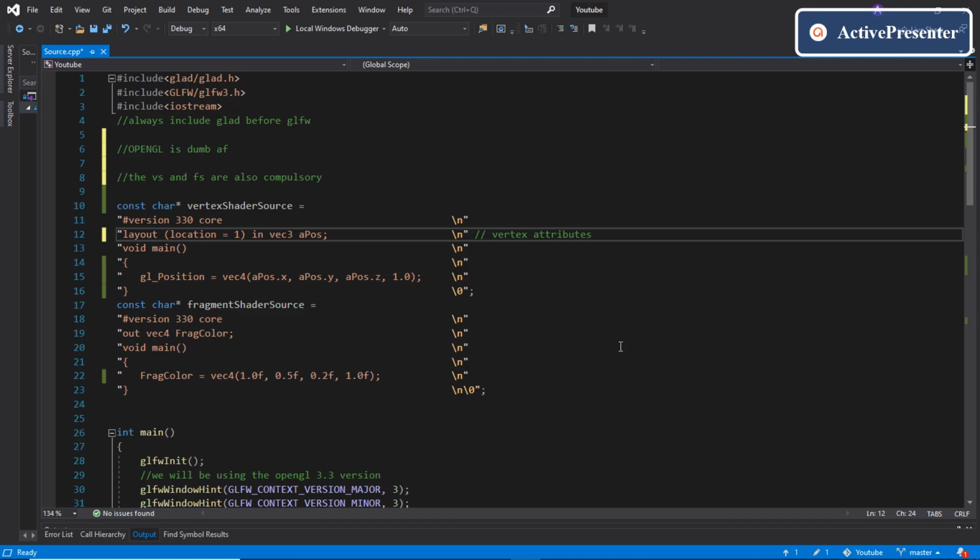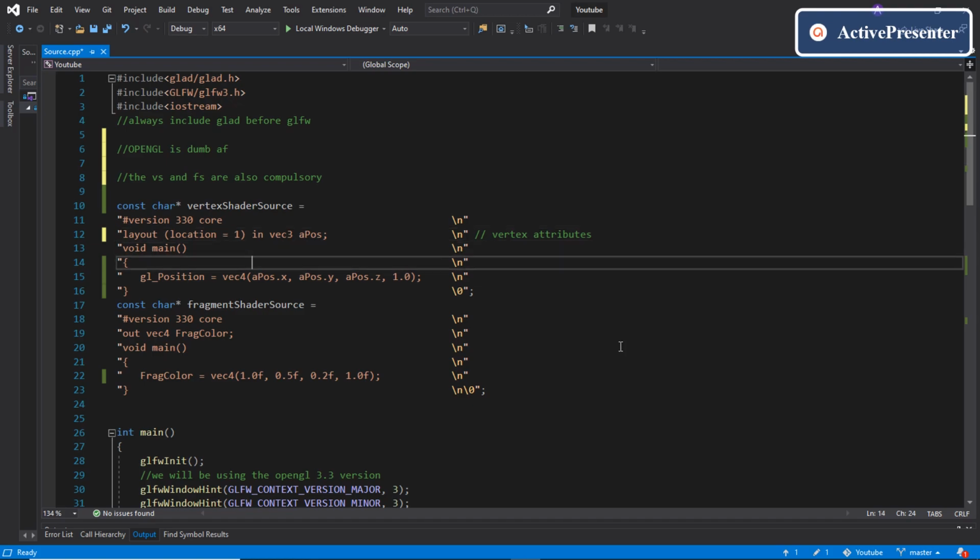Now, inside GLSL there are various new data types that we will encounter. One of the data types is vec3. It creates a vector of 3 coordinates, namely x, y and z. Each coordinate can be accessed by the dot operator, that is aPosition.x, aPosition.y and aPosition.z. Now inside the main function we'll use this variable.